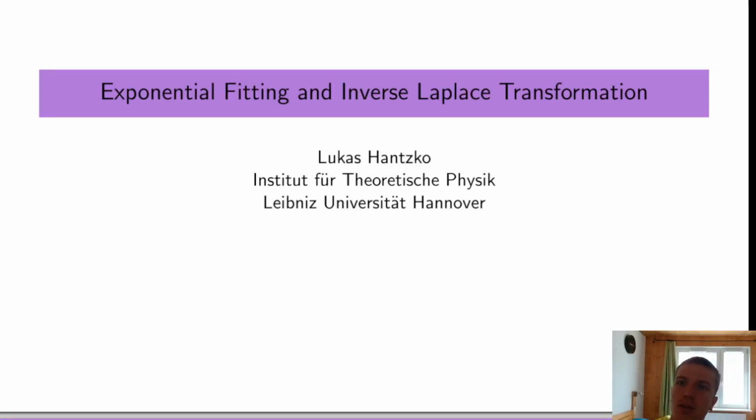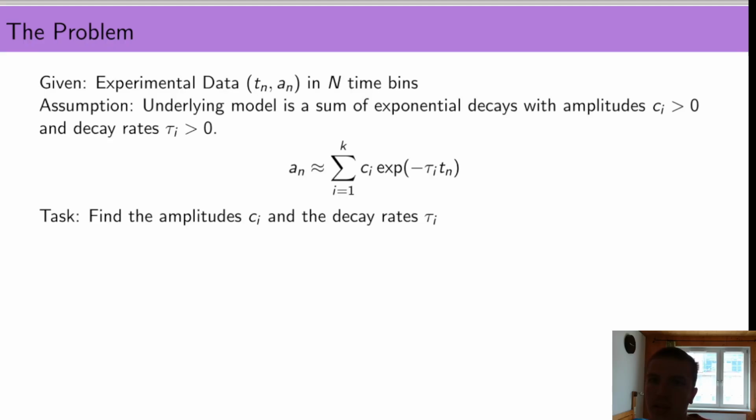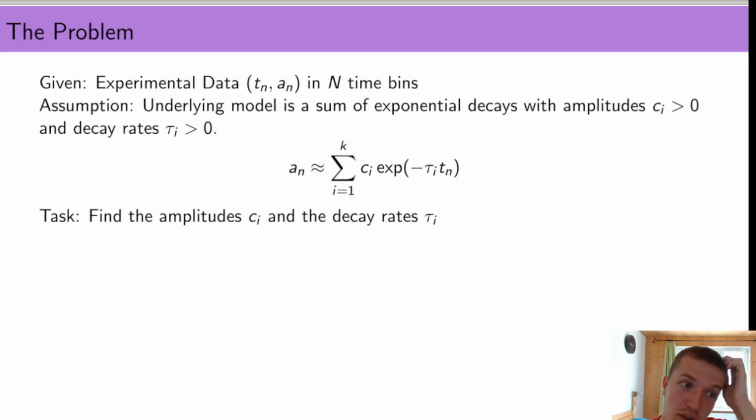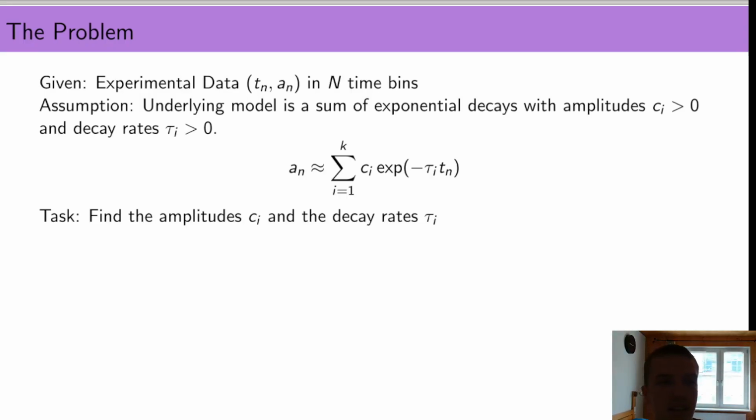In this video, I want to talk about exponential fitting and how one can use inverse Laplace transform to do that. So we are given experimental data in some time bins. So we have time data and amplitudes, and we assume that these amplitudes are given by an exponential decay or a sum of exponential decays. So each of these exponential decays has a coefficient or an amplitude c_i and a decay rate tau_i,